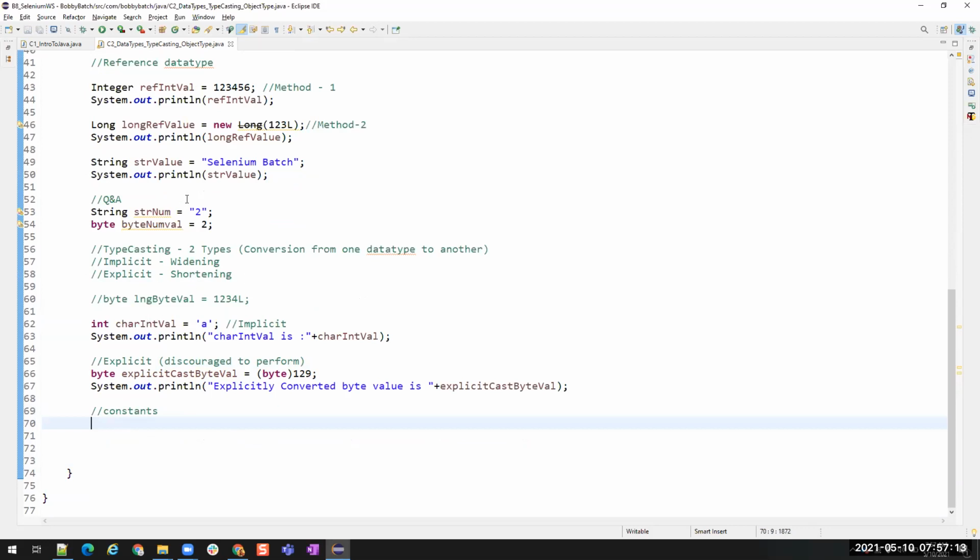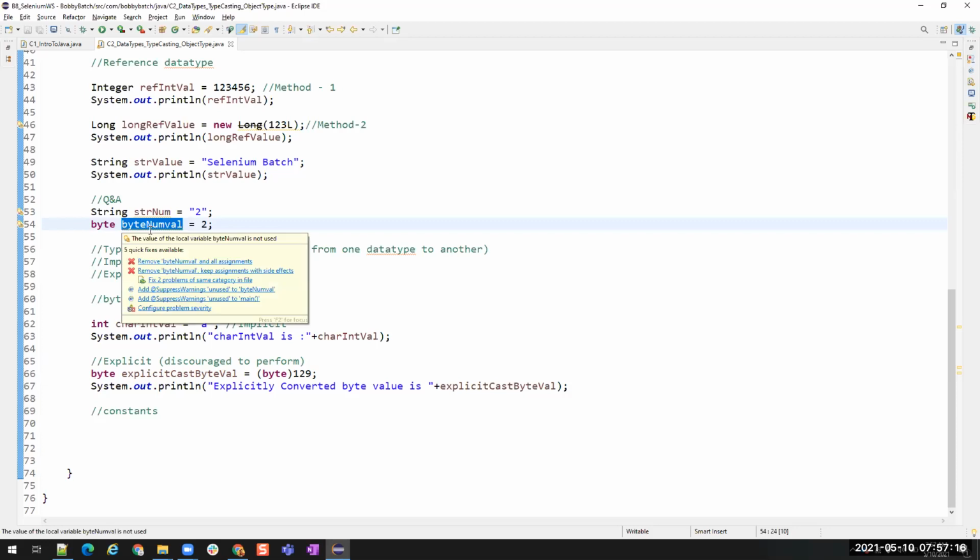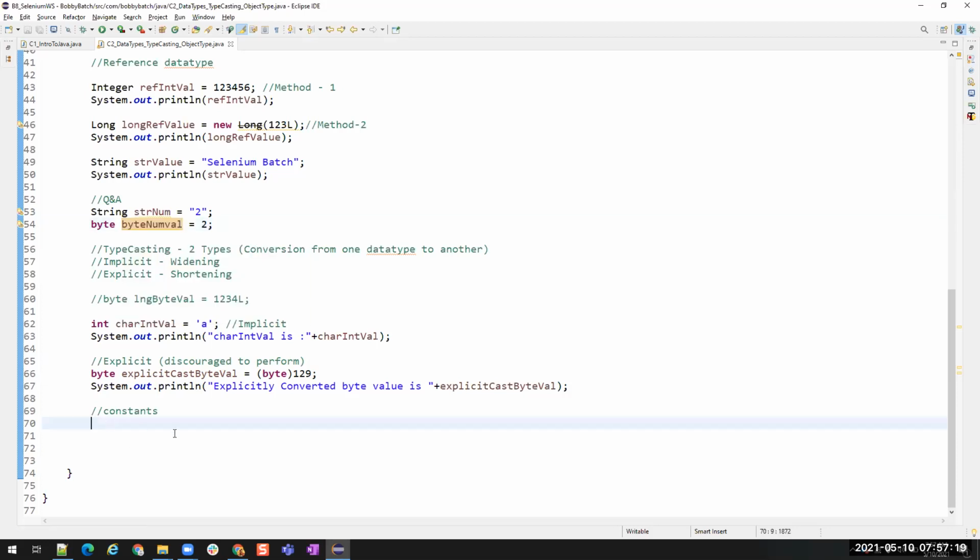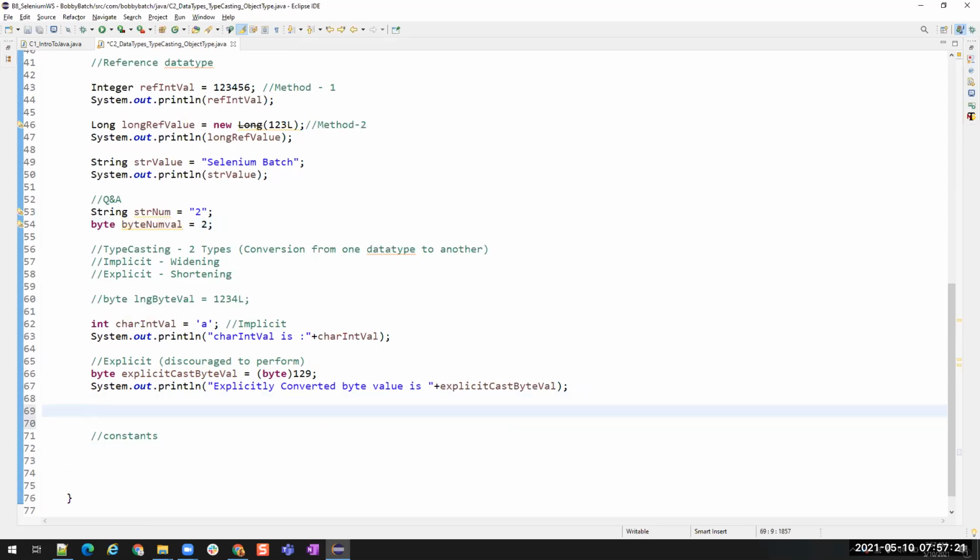So for example, if I have this byte number value, I can assign a non-constant. Now let's see. There is already byte number value is equals to 2. Now let me show you this. Byte value is equals to small v. This is the reason we have to follow the naming convention. For each variable, the first letter will be small, and all the consecutive words' letters should be capital letters. Since I have used a small letter here, it made an error. Okay, now it is okay.